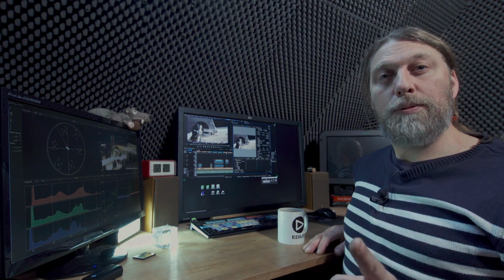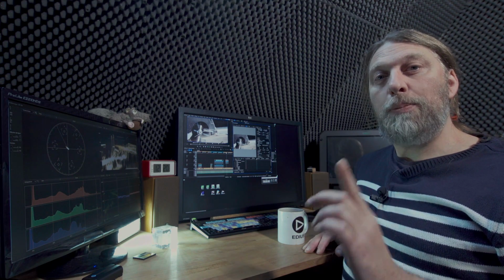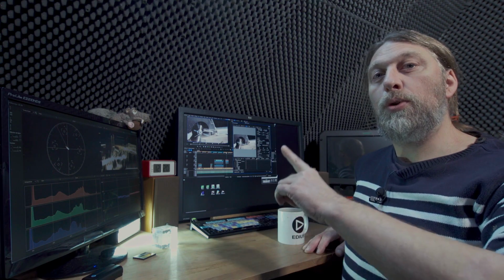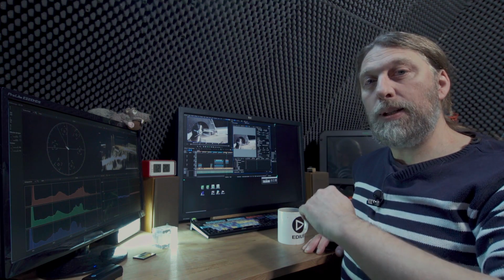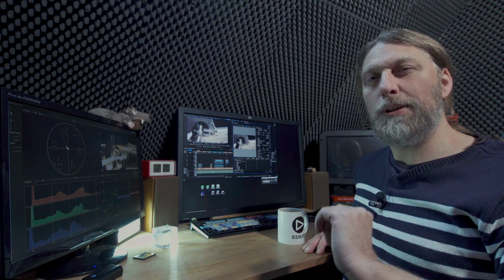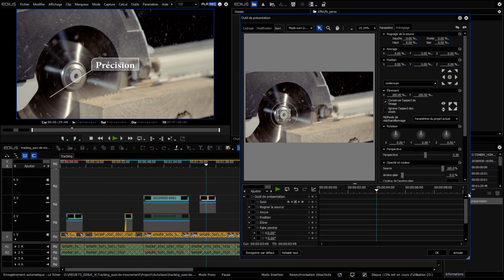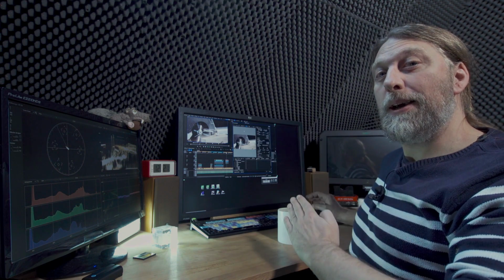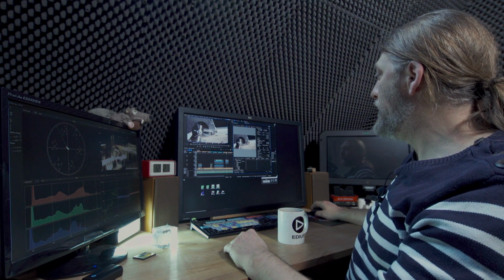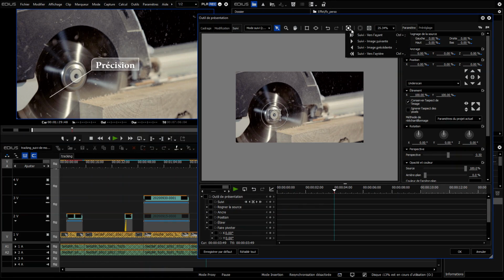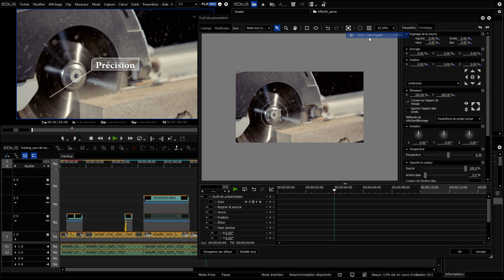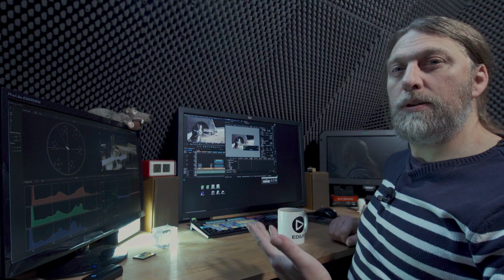So at this point, I'd like to take the opportunity to tell you that the motion tracking can be applied in the layouter or via a filter found in the effects list. It's in the transform filter, but we'll cover this later. So here, I can tell Edius to track either forwards or backwards. So here, I have track forwards or track backwards. But since the cursor is in the middle of the timeline, I will track forwards first.